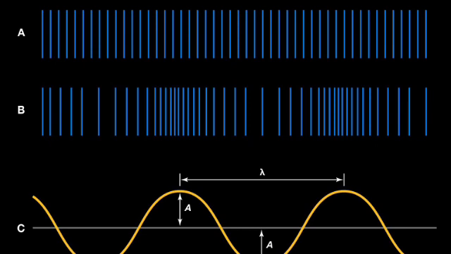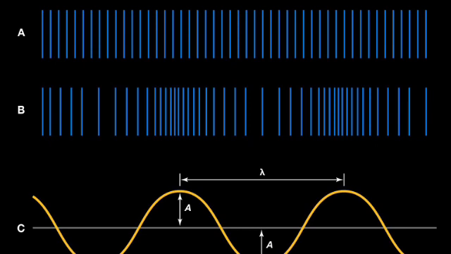Frequency tells us how frequently an event happens. Assume you are beating a drum. The number of times you beat the drum in unit time is called the frequency of the drum. We know that the density of the medium oscillates between a maximum value and a minimum value when a sound is propagated through a medium. This change in density from the maximum value to the minimum value and then again to the maximum value makes one complete oscillation. The number of these oscillations per unit time is known as the frequency of the sound wave. If we count the number of compressions or rarefactions crossing per unit time, we can find out the frequency of the sound wave.